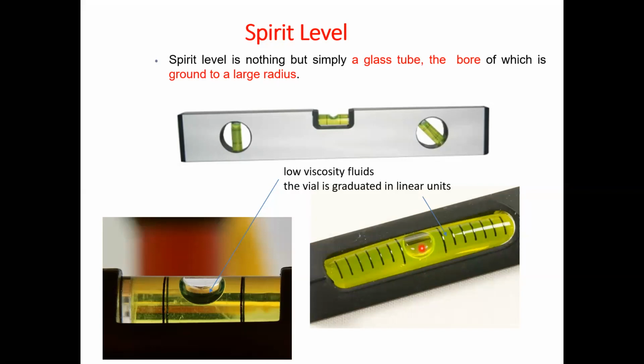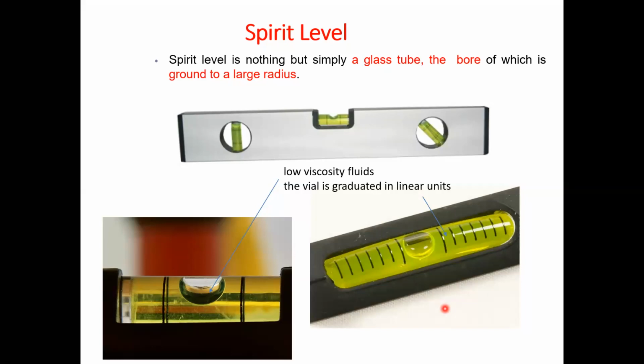If the bubble moves towards left or right by placing on a horizontal surface, automatically there is some variation in the surface. That means the variations in the surface can be measured by using the spirit level. So that is the reason why it is used for measuring the straightness, flatness, or in our machine shop, if you want to check the bed straightness, in that case also you go for using this spirit level. In some cases you go for dial indicators to check the flatness and straightness. In some cases you can also use these spirit levels.